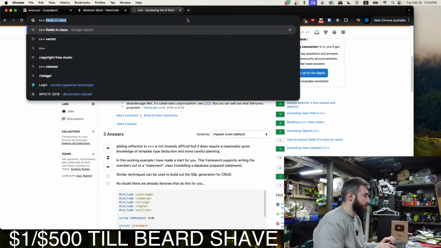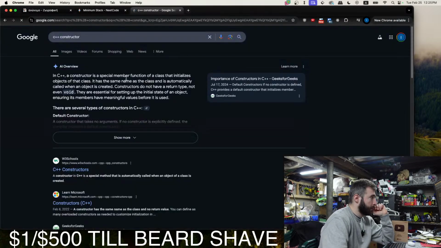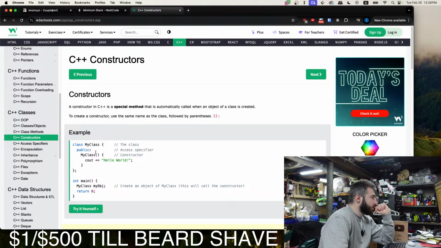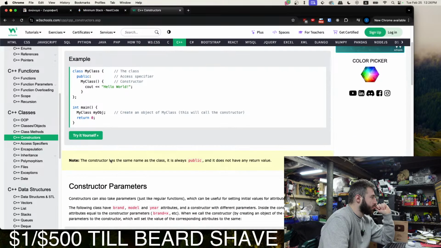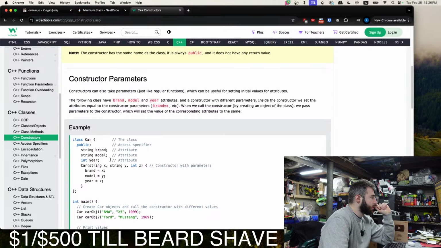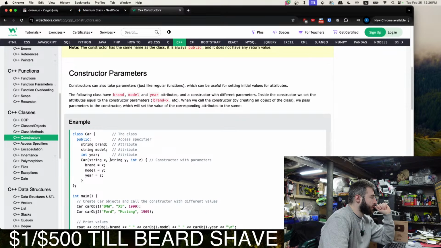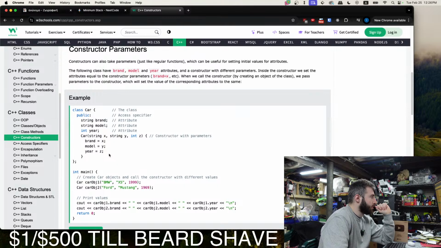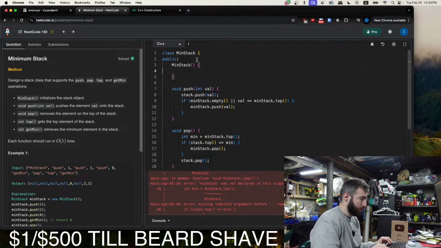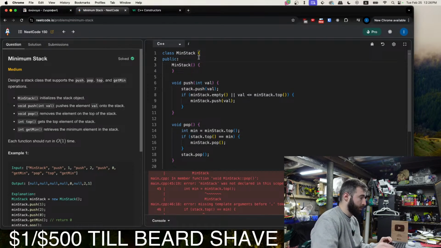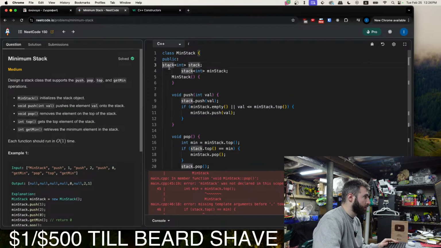What is that constructor for, though? C++ constructor. My class, it just prints. Interesting. Does the constructor just do nothing in this case? The constructor just doesn't do anything.